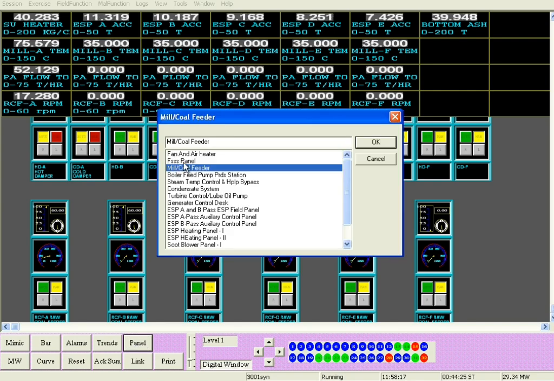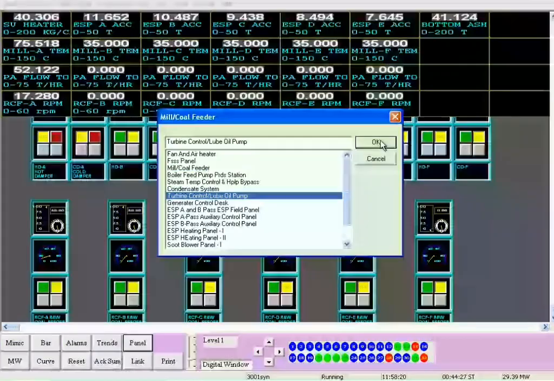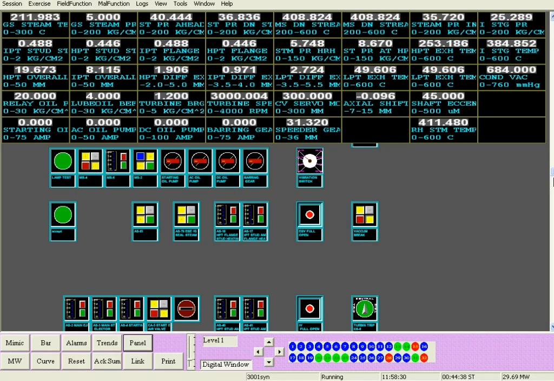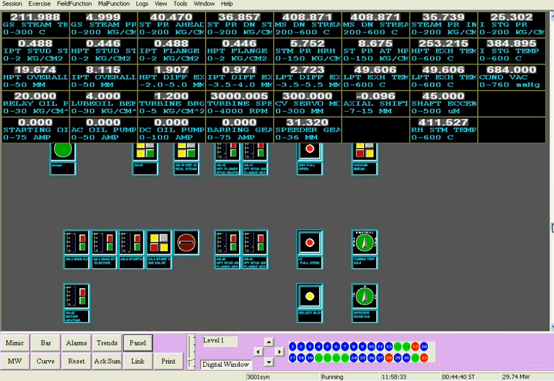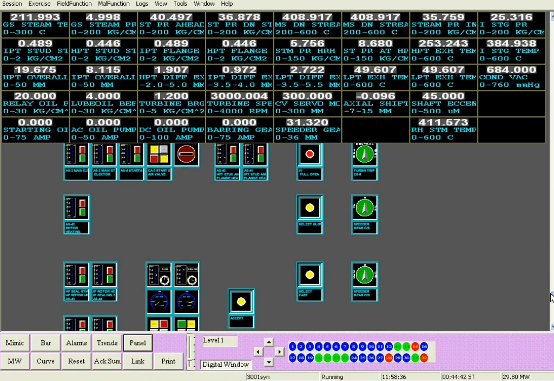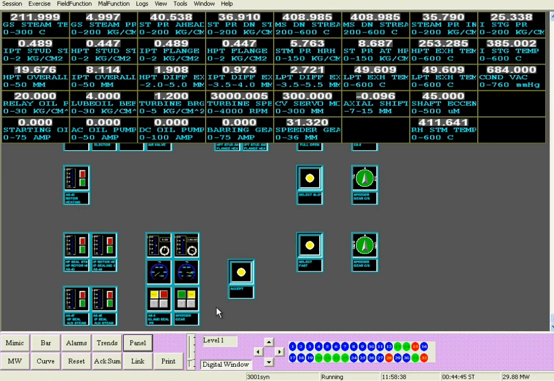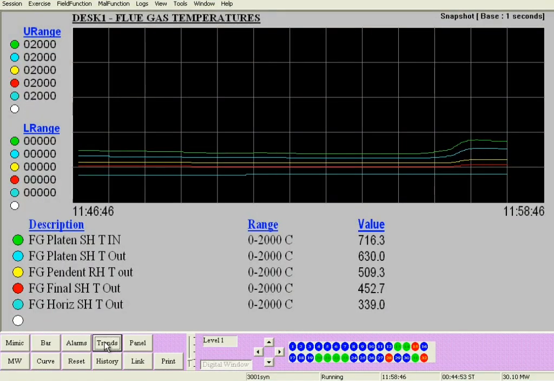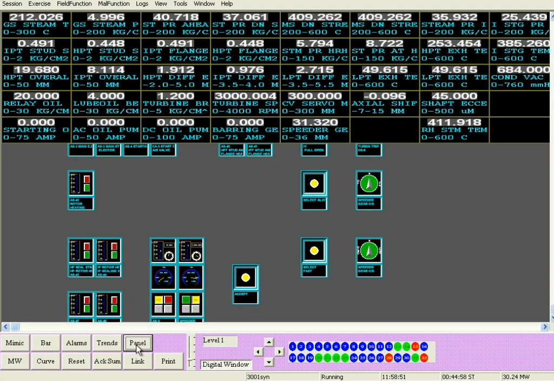One more thing is there. In the FSSS panel, we check the CVSM also during this period, whether the CVSM is full open or we have throttled it. The CVSM seems to be full open as the CVSM is showing 300 mm. So the CVSM is full open, and we are not to worry about reducing the load, because the load is just increasing to 30 megawatt. And if you want to reduce the load, then you can, but that will increase the boiler drum pressure. So you can reduce the load when it goes